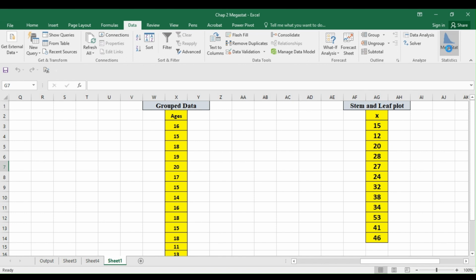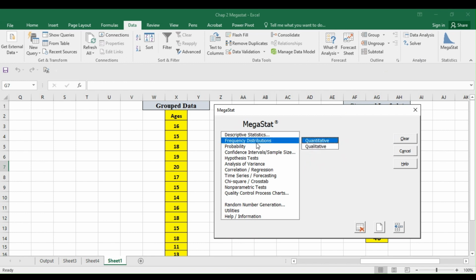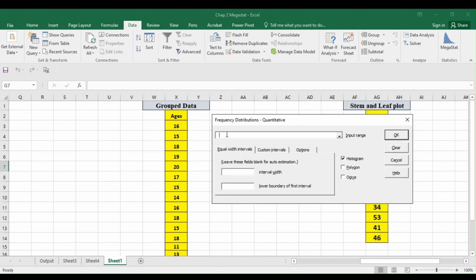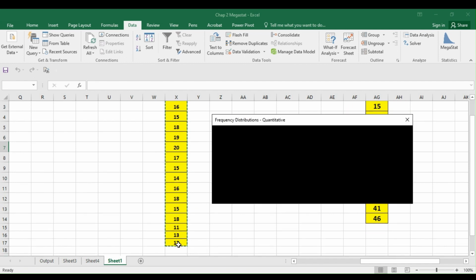So first we will go to Megastat, and in Megastat we will go to frequency distribution. The upper one is quantitative, yani kammiya. The lower one is nau'iya, yani qualitative. We need quantitative, okay. And then of course we have to input the data here with the column name, and here